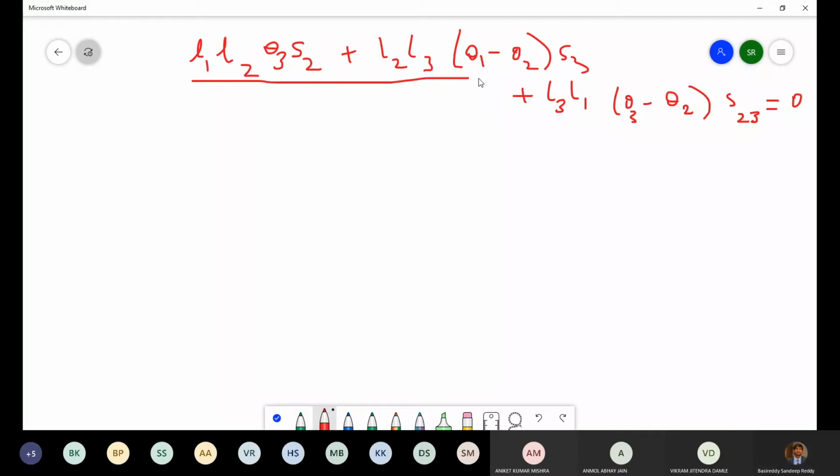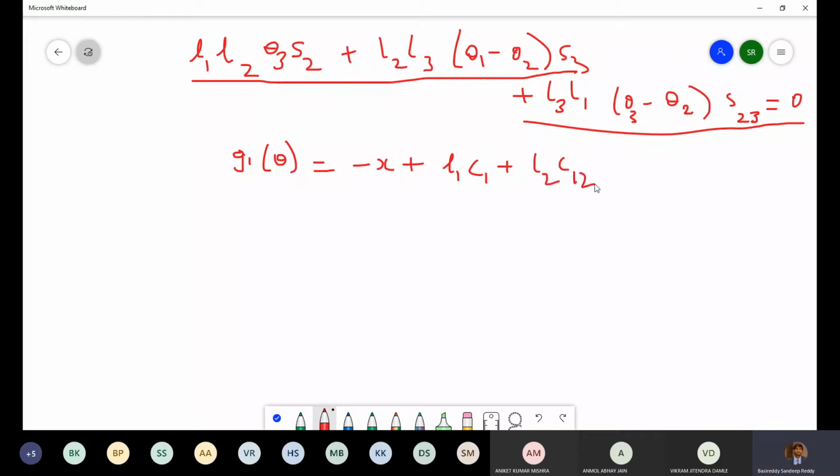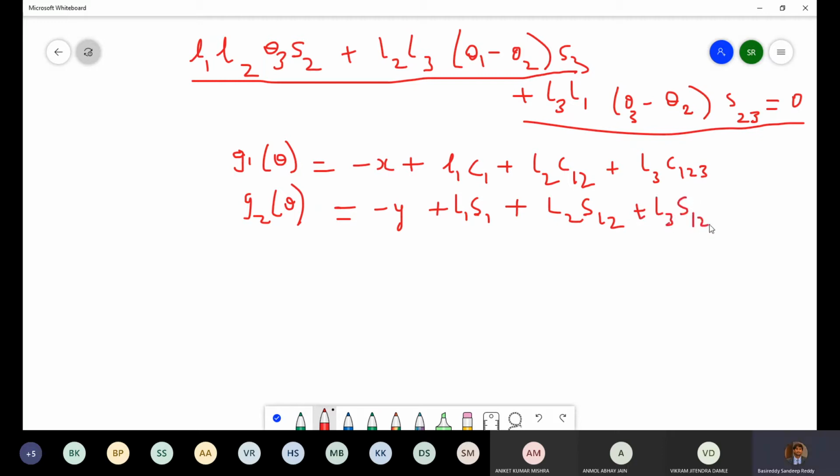This is the equation that you will get. So this combined with that expression for g1 of theta, that is minus x plus L1 cos theta 1 plus L2 cos theta 1 2 plus L3, right?